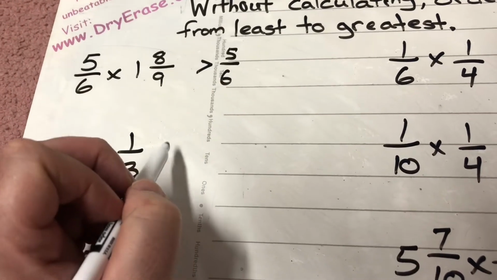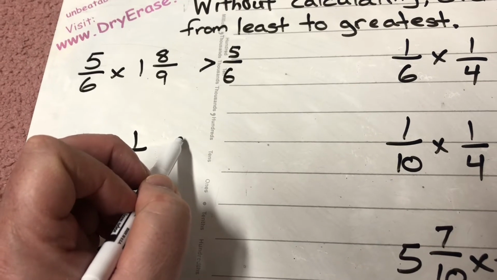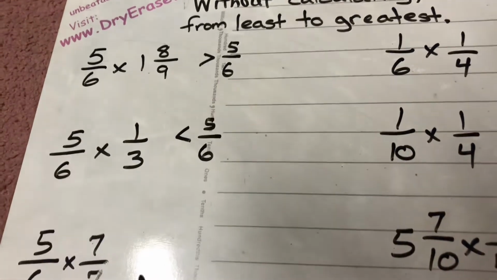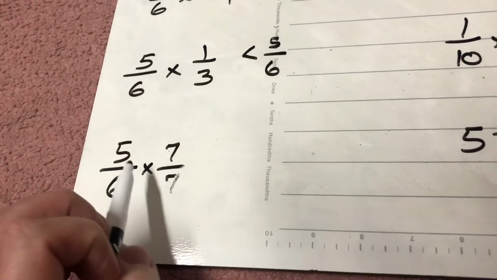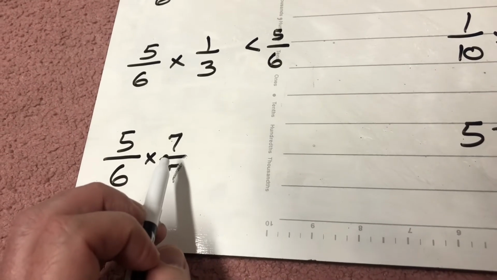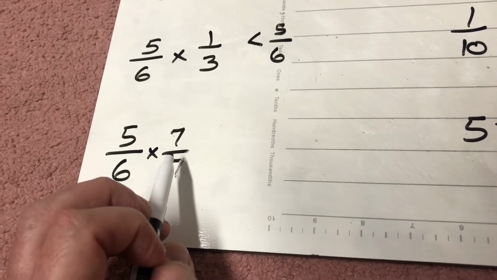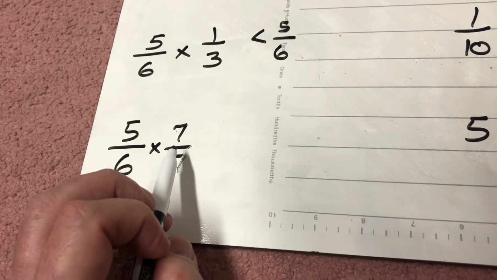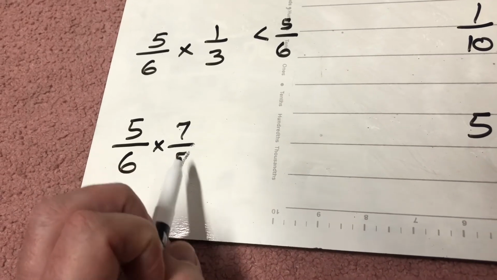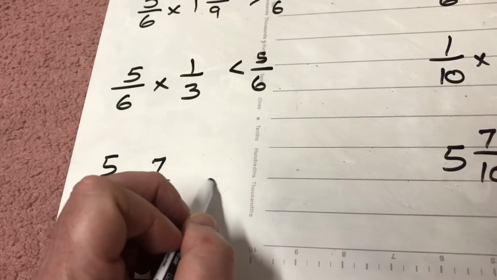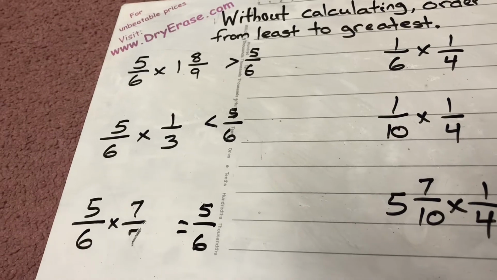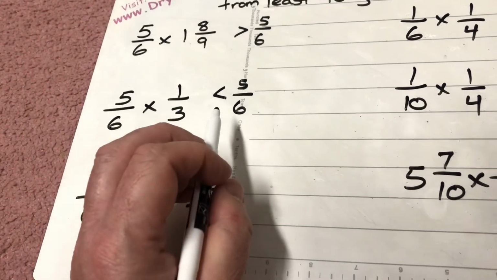Here it's going to be less than 5/6. And here, 5/6 times 7/7. Well, remember 7/7 is 1. So here 7/7 is 1, and so it's going to be equal to 5/6. Well, then, to put these in order from least to greatest, the least one is going to be